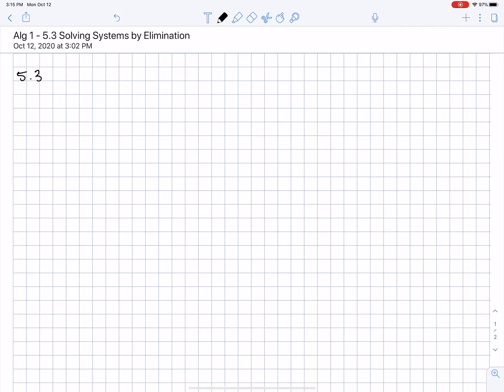Hello there, Algebra 1. We are going to solve our systems of equations by a process called elimination. Sometimes substitution is not the best method to use. Sometimes we want to actually go ahead and eliminate a variable. So when we eliminate a variable, we might have to, if necessary,